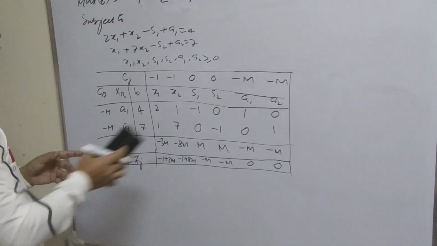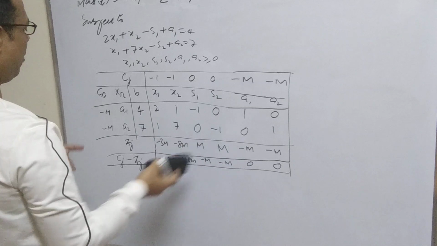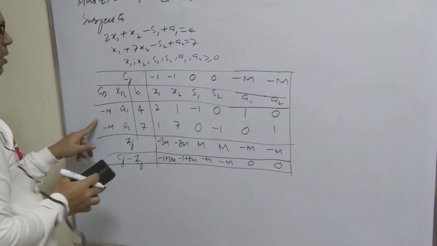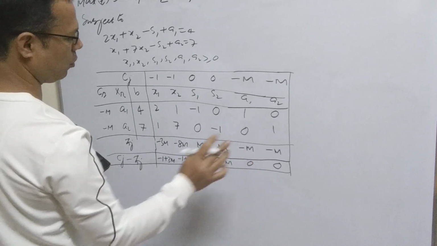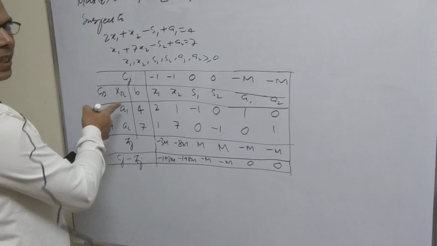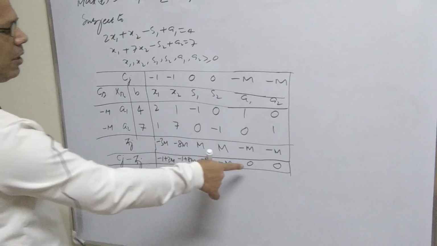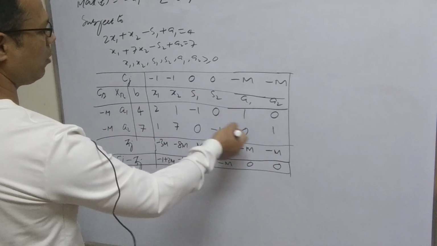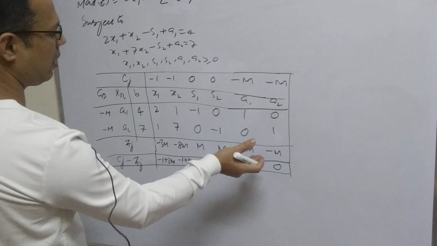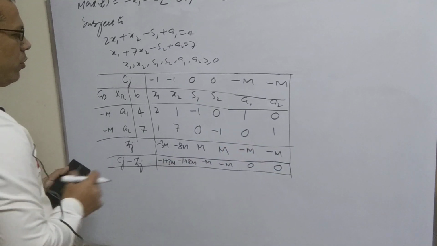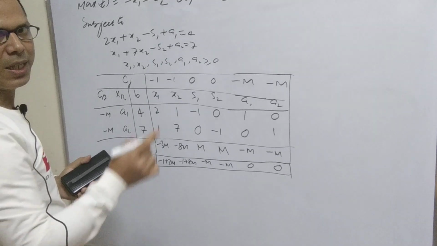And for the basic variable, if you are going to introduce one basic variable, then automatically for the basic variable cj minus zj will come 0. Once this basic variable gets changed, we will see which variable is going to become a basic variable, that will give the result 0 0. So either you can go for the solution or directly you can put the values also in the cj minus zj.